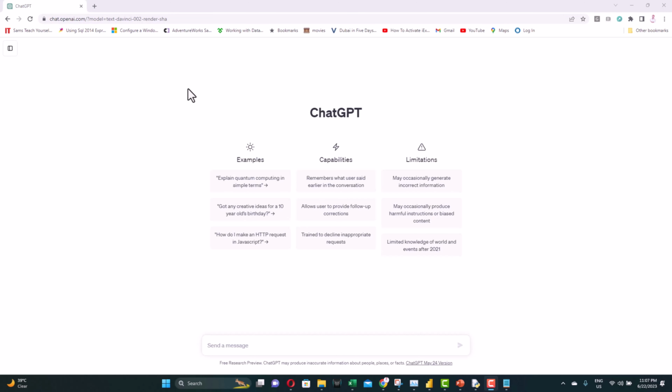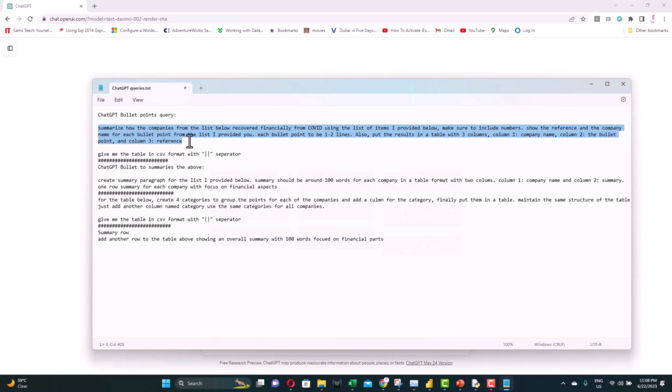So all we need to do here is to put the request in the right words and we'll get any results we want. I have tested a few ways of getting the data, and when I reached the proper format, I saved it in a text file here. So this is the first request.